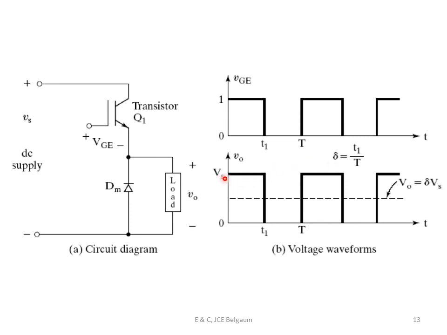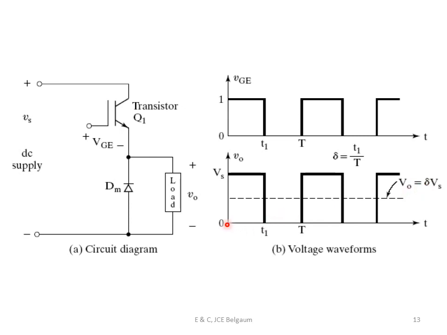Suppose I have got a continuous DC voltage. I am going to chop that DC voltage into an on time and off time. During the on time, I allow the DC voltage to be there, and during the off time, I do not allow the DC voltage to be there. If I filter it out, I am going to get an average value of the output, that is equal to duty cycle into Vs. So output voltage is nothing but the average value.